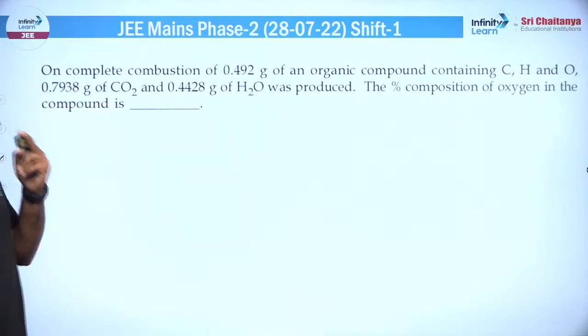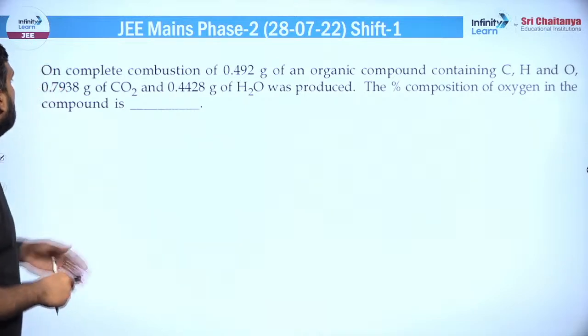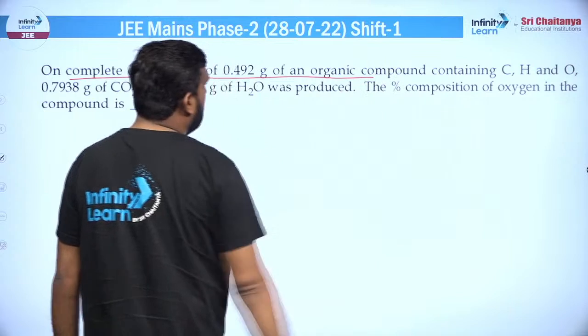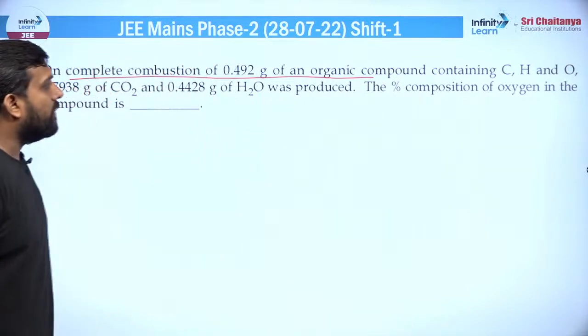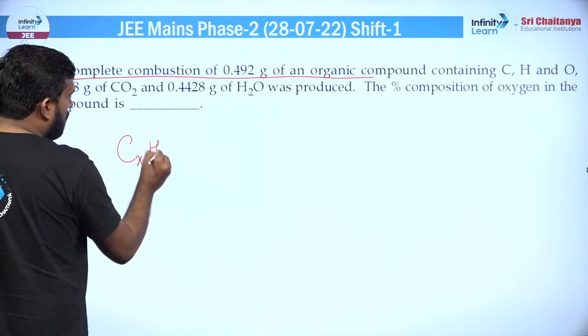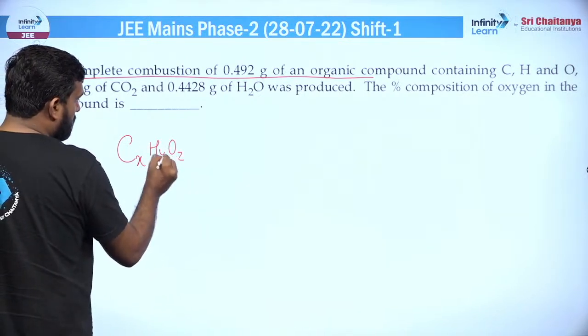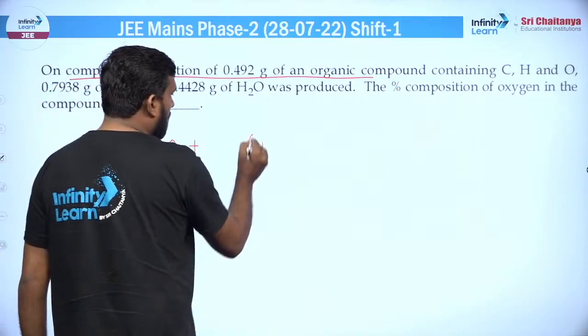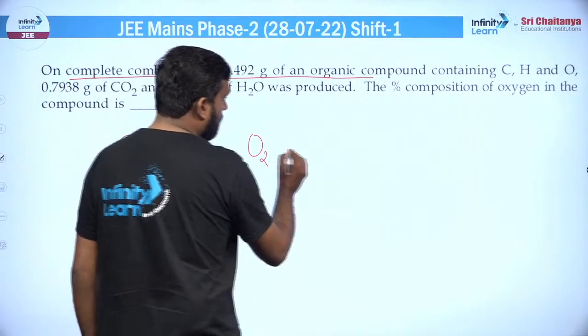गोइंग टू द नेक्स्ट क्वेश्चन, और शायद ये लास्ट क्वेश्चन भी है इस पेपर का। तो ऑन कंप्लीट कंबशन ऑफ दिस मच ग्राम ऑफ ऑर्गेनिक कंपाउंड, ठीक है, कंटेनिंग कार्बन, हाइड्रोजन एंड ऑक्सीजन। तो देखो क्या हो रहा है, यहां पर कार्बन है, हाइड्रोजन भी है और ऑक्सीजन भी है। मुझे नहीं पता कंपाउंड क्या है, तो हम लोग ऐसे मान लेते हैं इसका कंबशन कराया जा रहा है ऑक्सीजन की प्रेजेंस में।